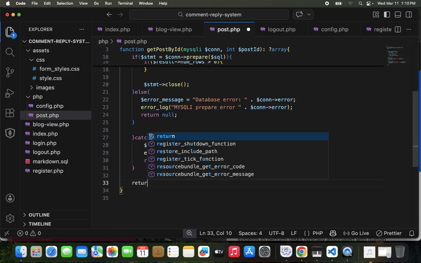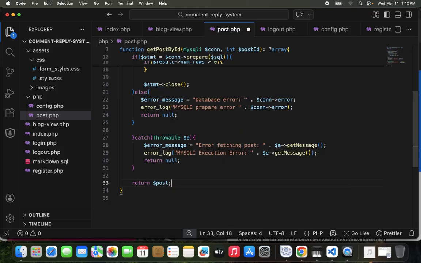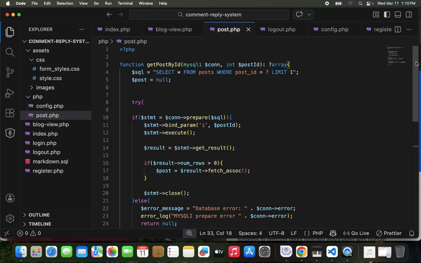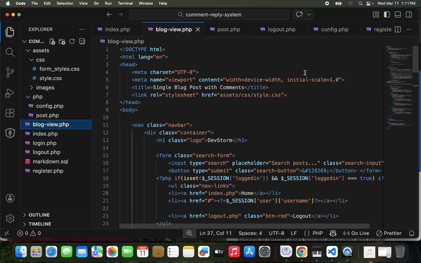So we say return post. Okay, so having written this, what we need to do is go into our block view.php, and then we can make use of this function that we have written. Now remember, it's respecting post ID, so we're going to be getting the ID from our URL, so we can use the okay, but before we get into that,